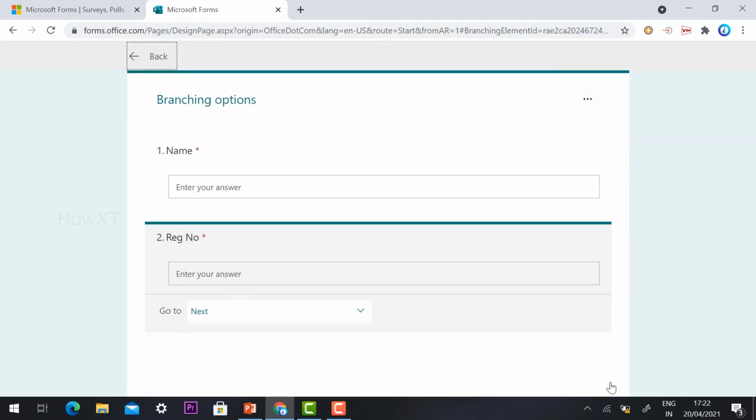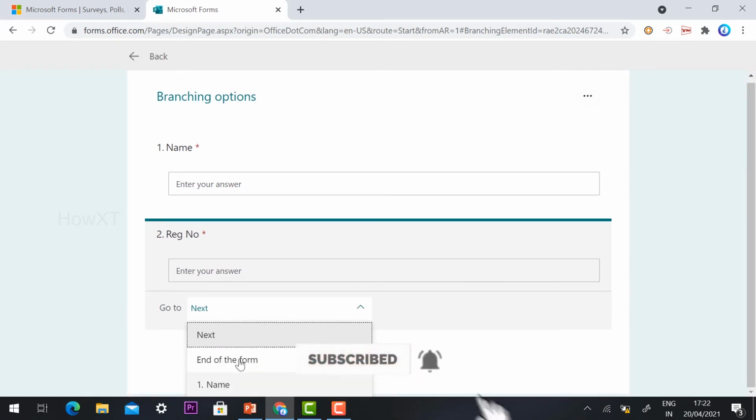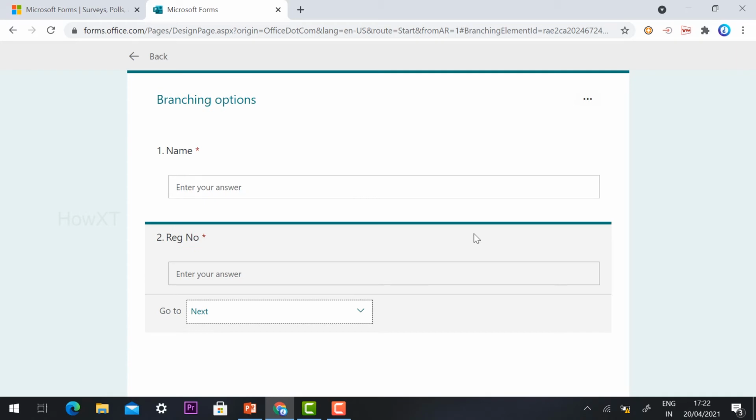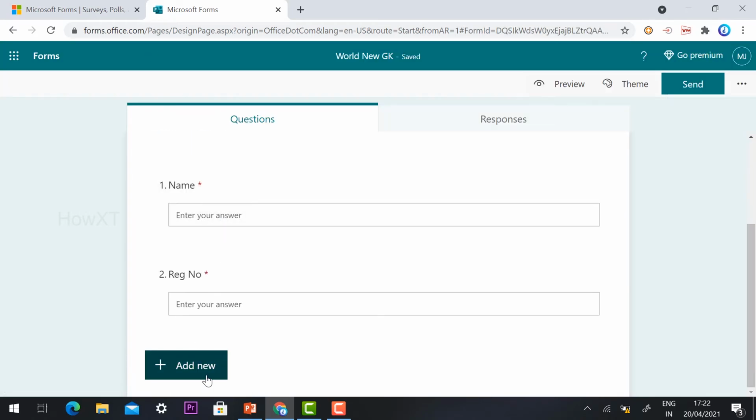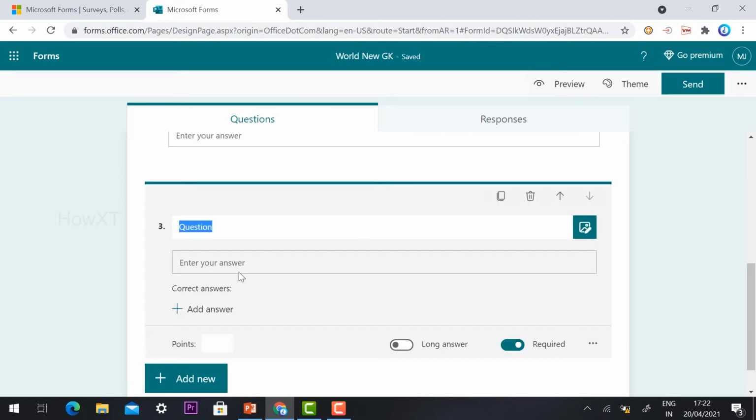Yes, this is a new branch. For example, if I want to click next or end the form or anything else, I can click next. Yes, once I click next, it goes to the next field, which is new, so add new. So for example, text. The students need to give an answer for any other GK related question. For example,